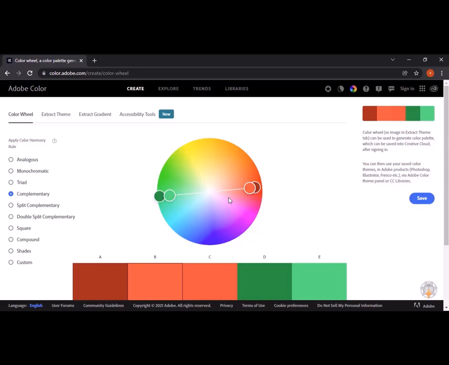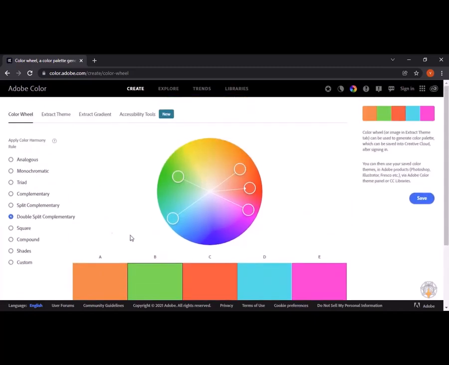Usually, complementary colors should be used sparingly in your design, as they create a lot of contrast, and sometimes it could be too painful to the eyes of users. Then you can also take split complementary colors, which are basically similar to complementary colors, but now splitting that color into 2 parts, as you can see. This is split complementary. And you can see now we are getting 2 colors of green, which are opposite to the red.